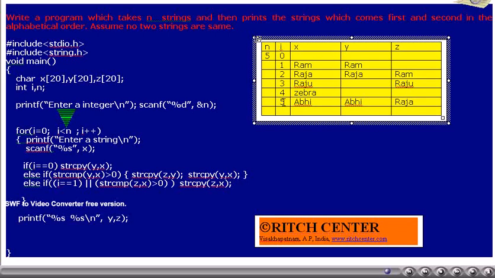i value will be incremented by 1. Again, the for condition will be tested. Currently, i value is 5, n value is 5. i, is it less than n?